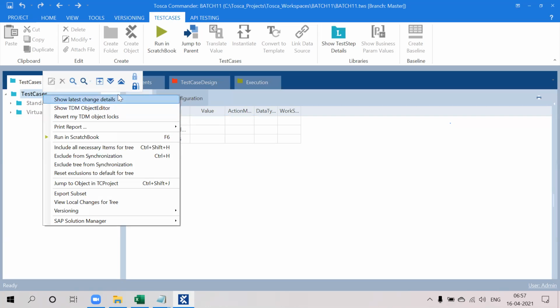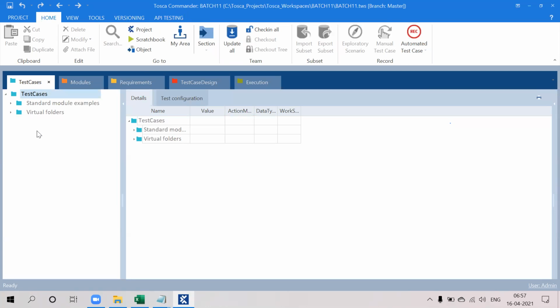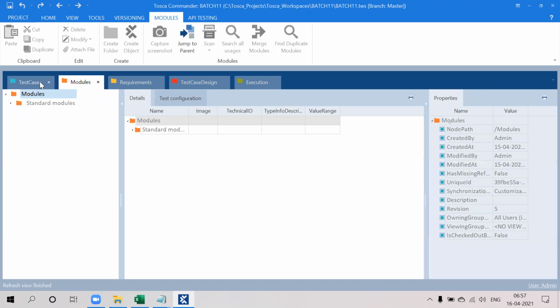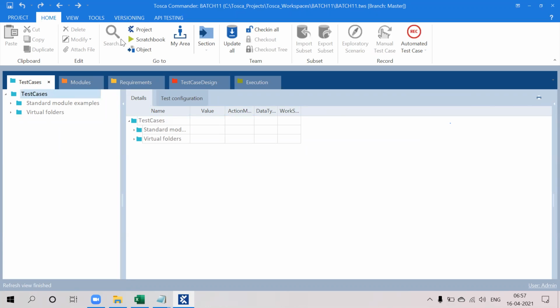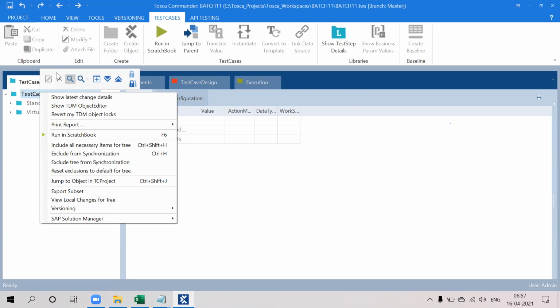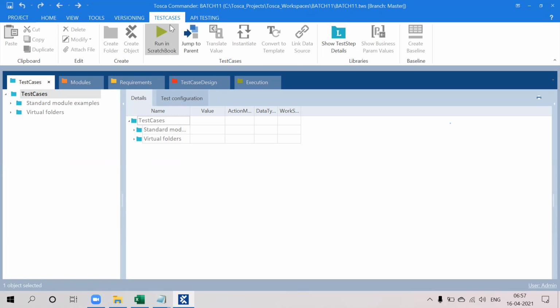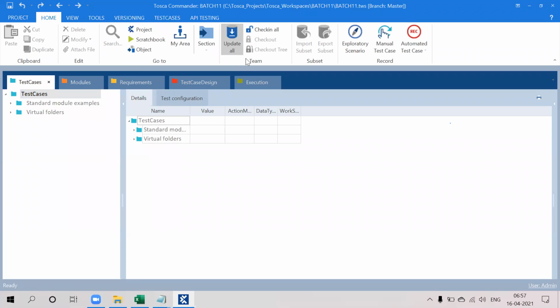As I explained, you should be following this folder structure throughout the project itself. Here, when you launch Tosca, you see the checkout tree is disabled. If I right click on that, I cannot see any of the folders here, so I cannot create any folder. It means everything is checked out now. Go to home. So everything is checked out.